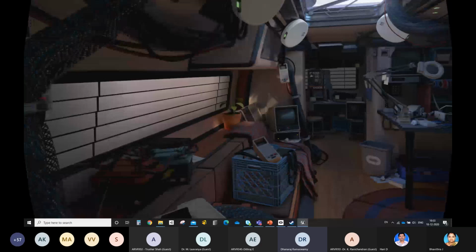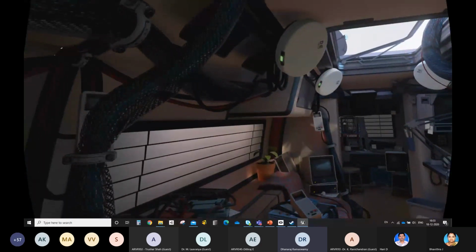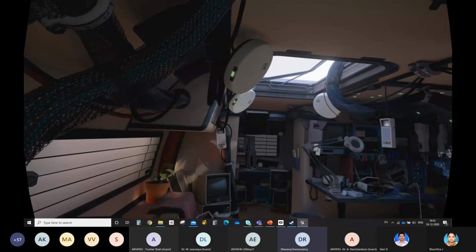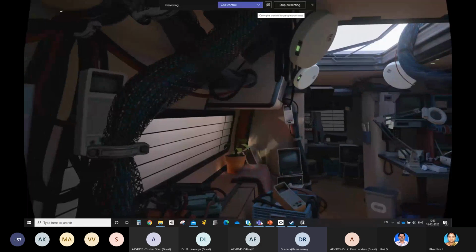Kindly visualize how I am wearing this device. If you want, I can switch on the camera and show it. Just a minute, I'll switch on the camera so you can easily make it out.